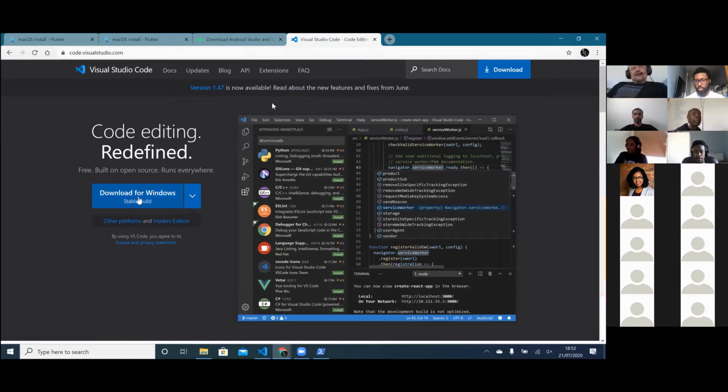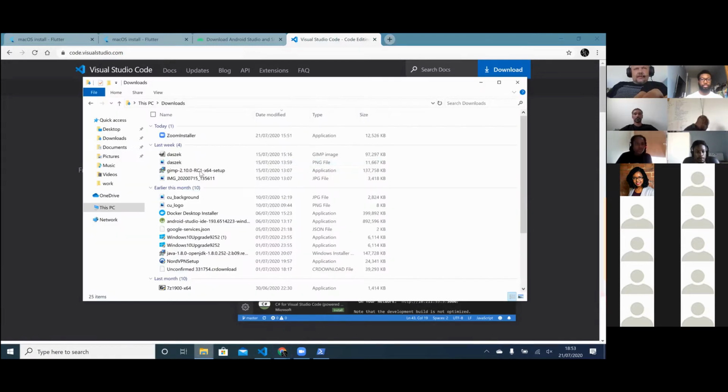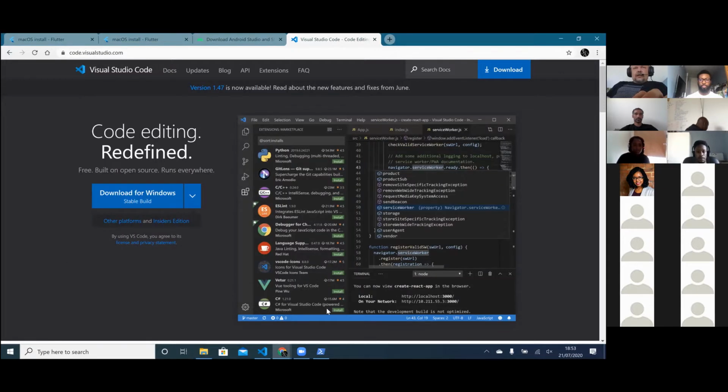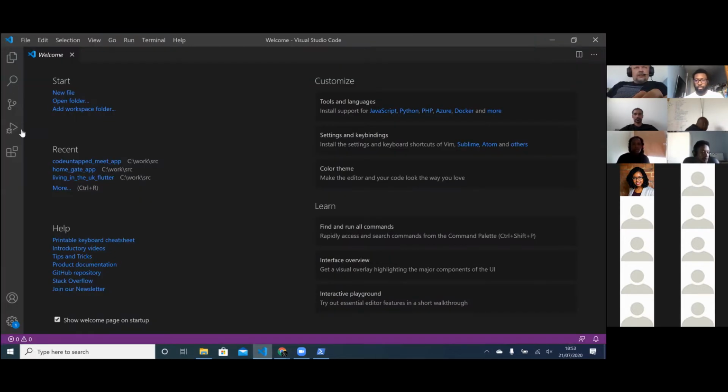Okay, so download. I have it for Windows. You will have one for Macs, and so on. You download this thing, and it's simple. It's an executable in your downloads folder. You double click it. Visual Studio Code looks like this. If you double click it, you install it, and the first time you install, you go to this nice place